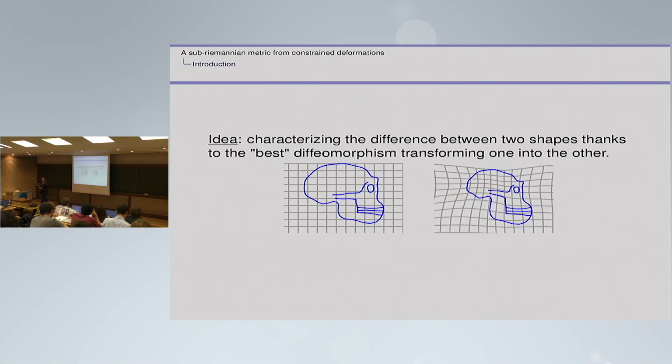In order to do that, we'll use an idea that was first introduced by D'Arcy Thompson in his book On Growth and Form in 1917. The idea is that in order to study the differences between two shapes, here two skulls, we study how you have to transform the first shape in order to make it look like the other one. And when I say transform, it means how you have to deform it. So what is the best diffeomorphism that allows us to go from one shape to another? This is the intuition.